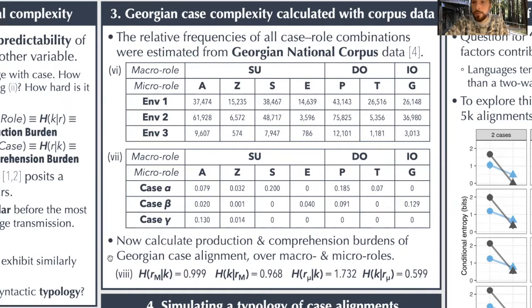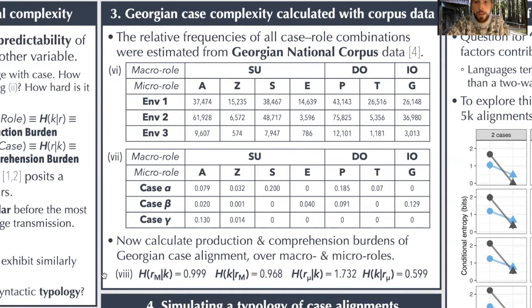Conditional entropy here is measured in bits, where 1 bit is the amount of uncertainty associated with the choice between 2 equally likely outcomes. So looking at these 4 values here, calculated over the macro roles, so whether we're just thinking about subjects, direct objects, indirect objects, and not something more granular, both comprehension and production, those values are hovering around 1 bit,